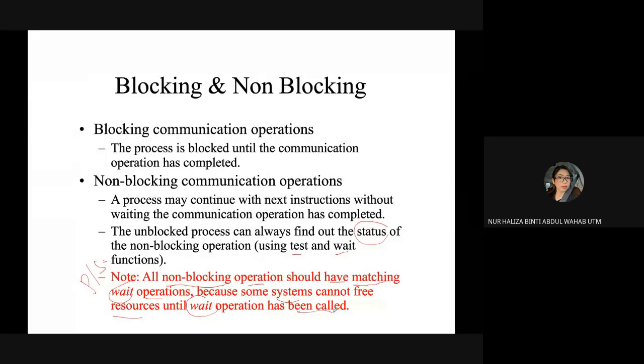So let's say you have a long list of instructions in your source code. Maybe this one you want to send as non-blocking. But throughout, some part of this process maybe cannot free the resources, because this may use your register EAX.